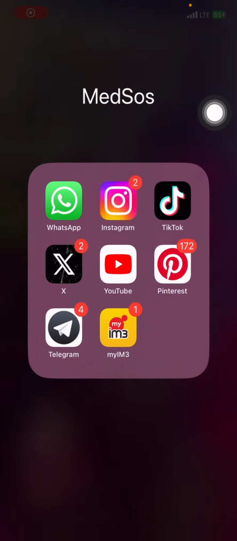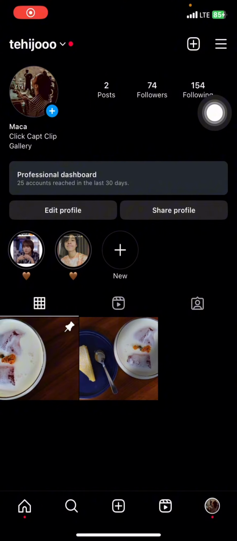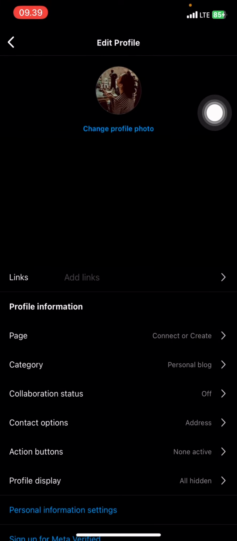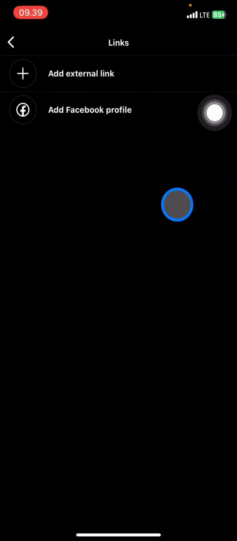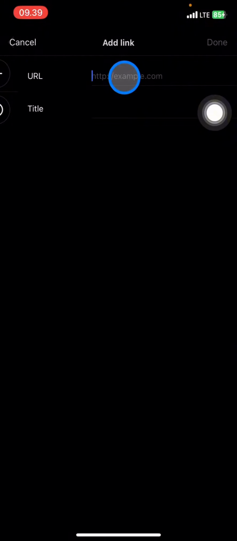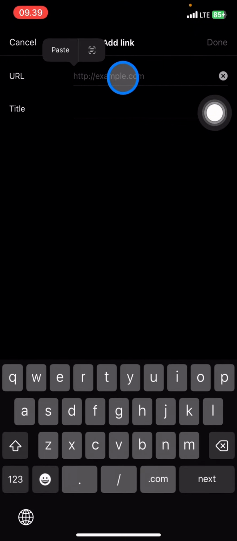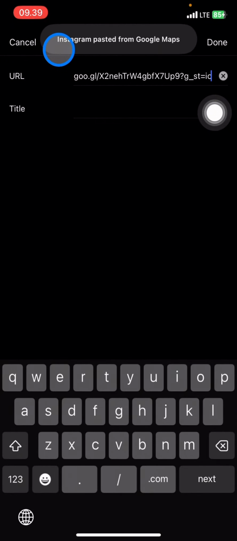So let's open the Instagram application, and whenever you open it, make sure that you stay in the profile section. Whenever you are in the profile section, you just need to go click this edit profile, and in this edit profile you just need to directly go into the link, and now go click add link. Now you can add external link and paste the link that you already copied from the Google Maps application, and